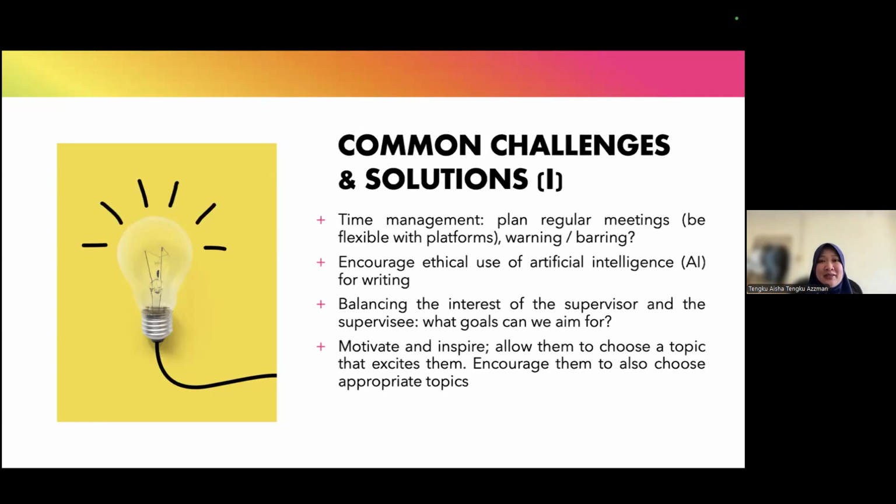So you need to balance your interest and the students' interest as well, and encourage them to choose a topic that excites them. Because in our department's case, you have to stay with that topic for 6 months, FYP1 and FYP2. If you lose interest midway, it can cause them to be demotivated. So sometimes I tell them, you're not changing the world. You just do a simple topic that excites you, that has theoretical support, and that is current. So you can do things based on your interest.